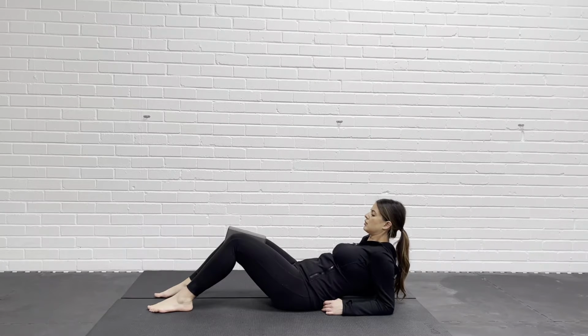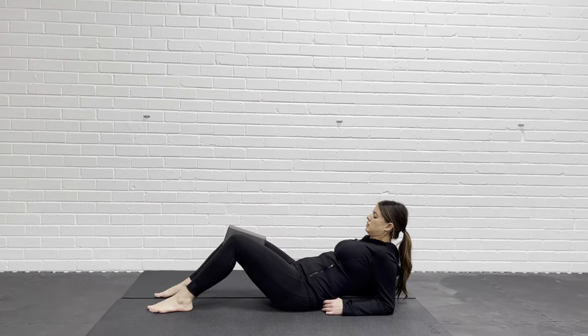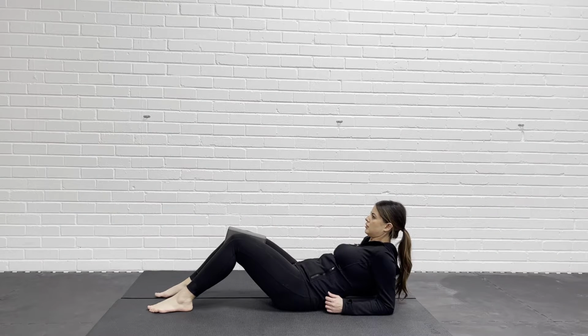You'll notice I have a block between my knees. You can use a cushion or a pillow. My feet are flat on the floor, knees are bent, and my chin is tucked into my chest. I inhale and let the pelvic floor and abdominals relax. Then as I exhale, I'm going to perform an S breath again